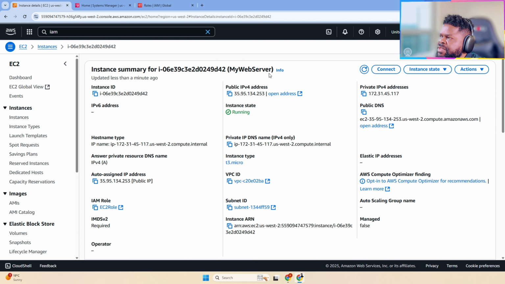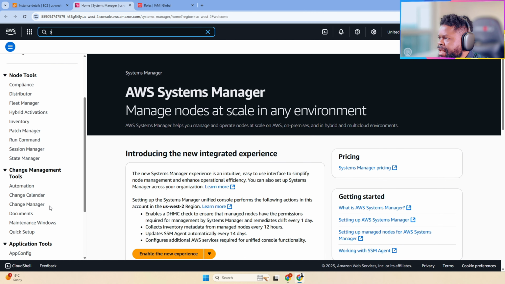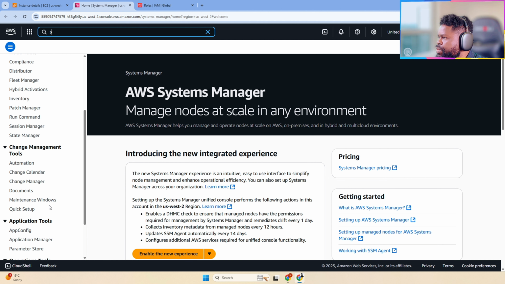Let's give it some time. Because we're using AL 2023, it already has systems. It has the SSM agent installed, so we should be able to connect. But while that is being loaded, what we can actually do is go to, for example,